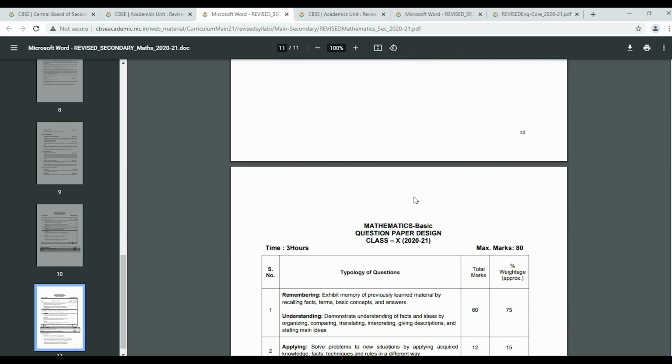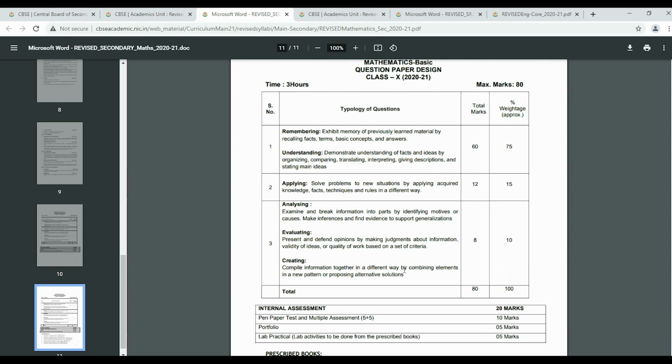As you move down, you will see the typology for basic mathematics also. So my point is that you go through the blueprint before starting to revise your subject, so that you have a very fair idea of what you are doing and plan your study timetable as per that.